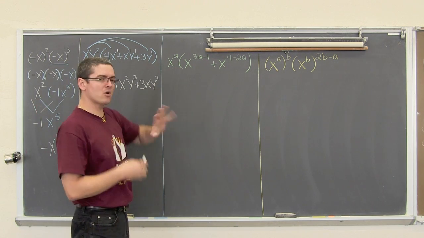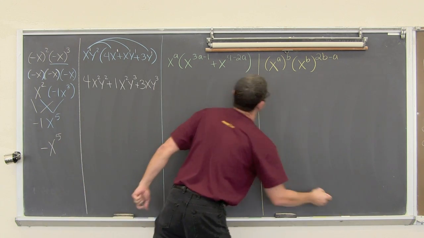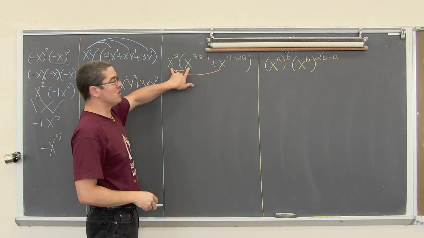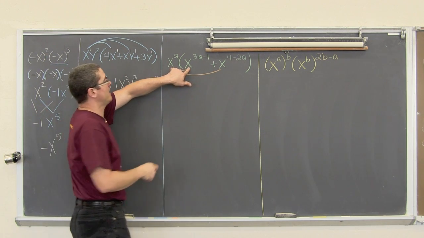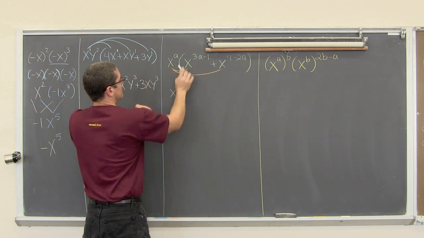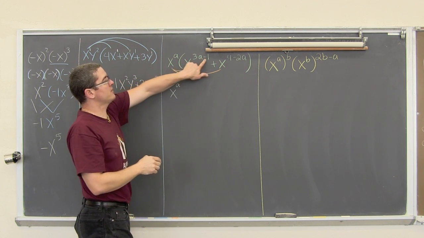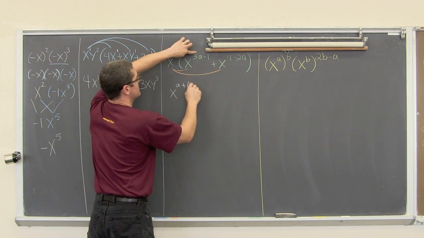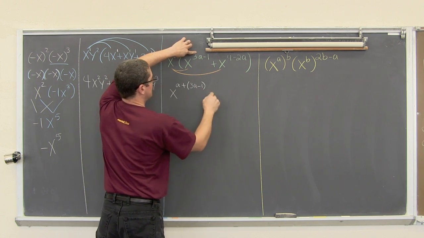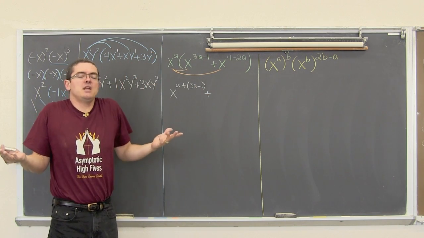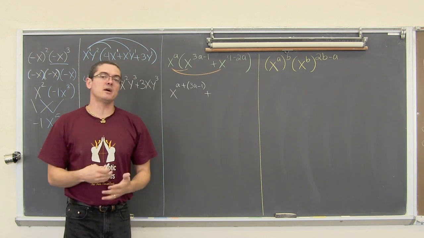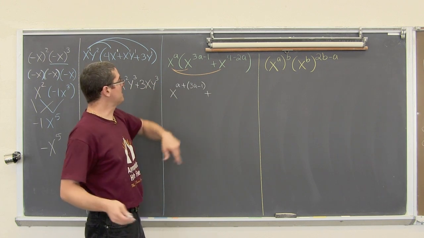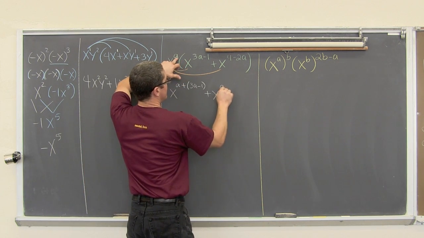Here we get a little bit more complicated as we do these examples, and these are the last two. We're multiplying again, the distributive property, like bases. So when you multiply like bases, you add the exponents. I'm going to write this one out. X to the a times x to the 3a plus 1, you're supposed to add those exponents. Well, this exponent is a, and this exponent is 3a minus 1. Plus, you're not going to change the rules just because the problem's a little more complicated. When you multiply those like bases, you do add the exponents. X times x, like base, so we have again a, so x to the a plus